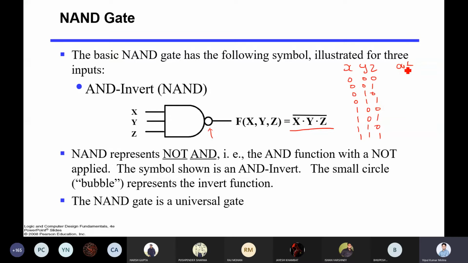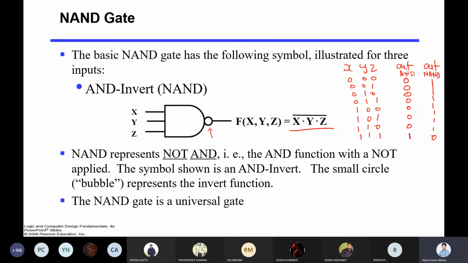If it is an AND gate, so let me say out of both AND and NAND, then it will be more clear. Once you say out of AND, what will be the output? 0 0 0 and only the last 1. In case of NAND, it will reverse because you are taking the complement in the NAND. So it will become 1 1 1 and last 0. This is the output of the NAND gate. So this is the combination of AND and NOT gate.